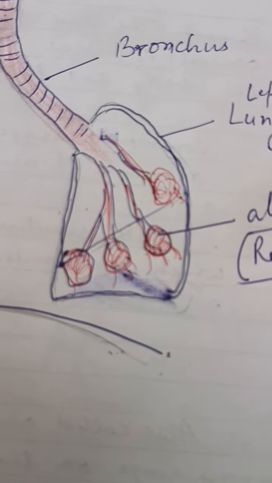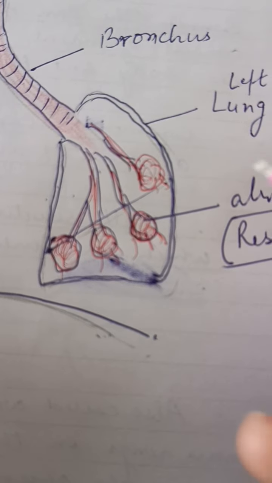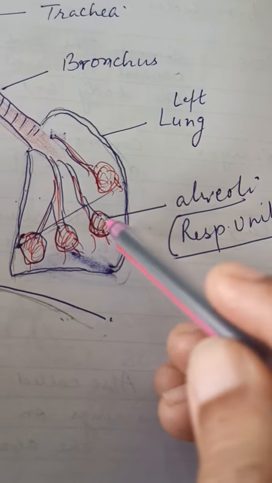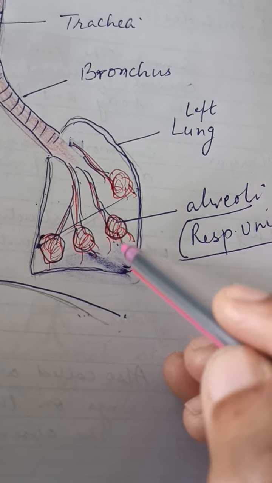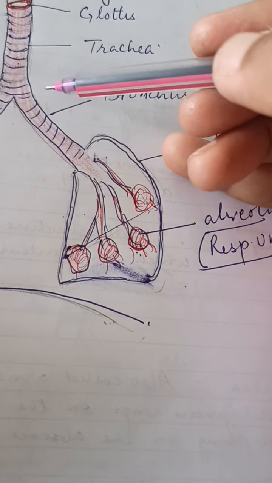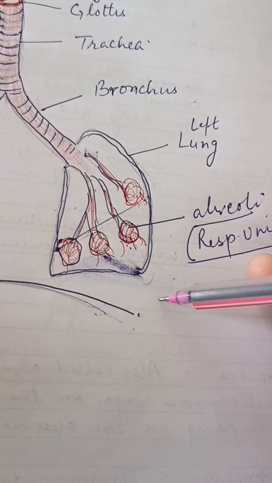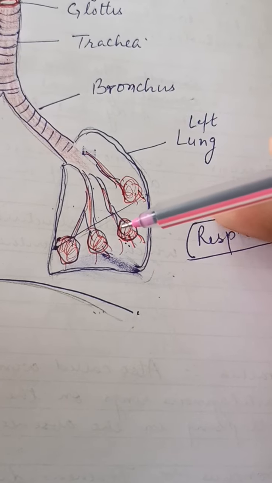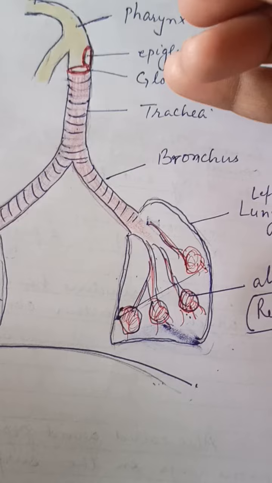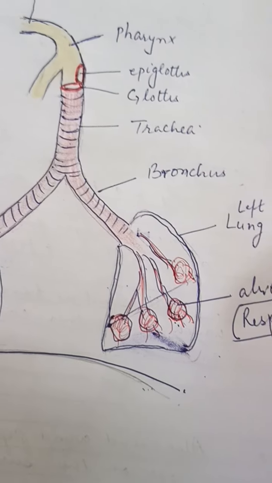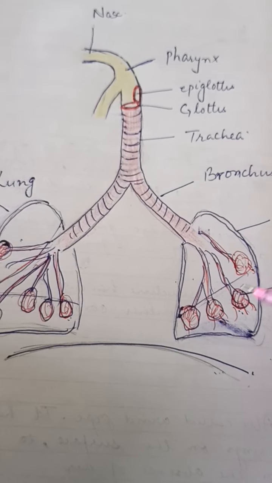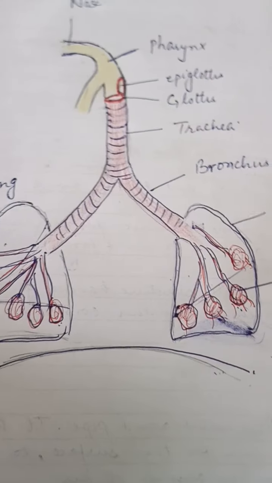So these alveoli with blood capillaries, or we can say कि these alveoli are the last part of the respiratory system where the exchange of gases takes place. Means oxygen from the outer side enters the body and carbon dioxide from the body comes into the alveoli and then it goes out of the body through the respiratory system. Clear? So this is the whole structure as well as working of the respiratory system.